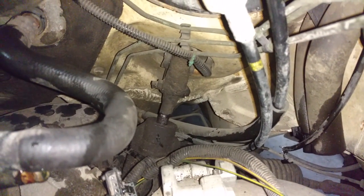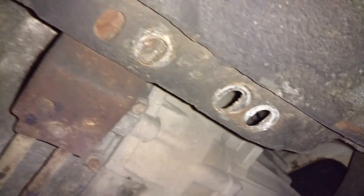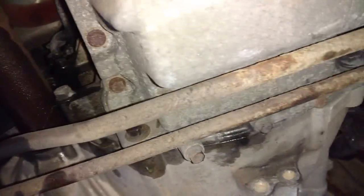I'm going to take the bolt out of the steering linkage there, and I'm also going to take it out of the steering linkage under the steering wheel. Took the power steering line loose. I took the torque mount off of there. Now I'm going to take a few of the transmission mount bolts loose. One there, one there,